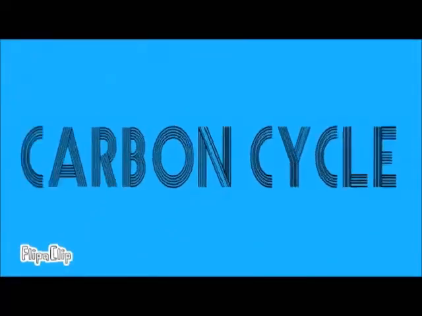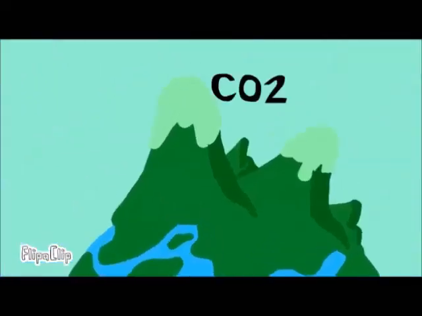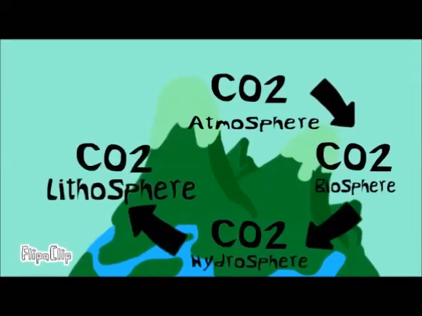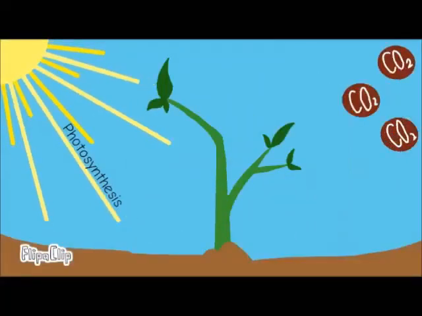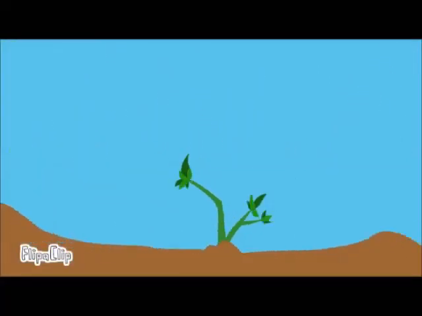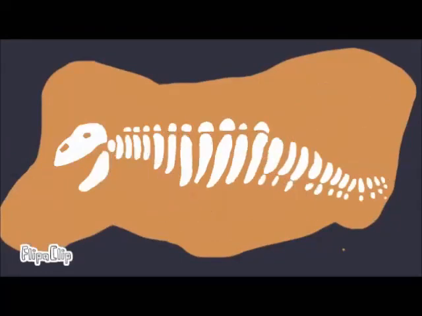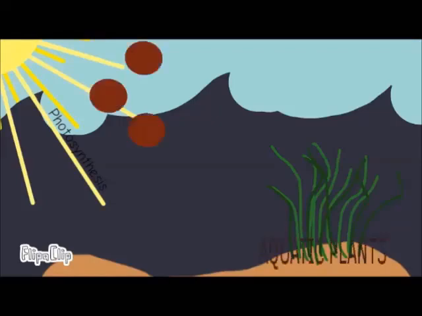The circulation of carbon from the atmosphere to the biosphere, hydrosphere, and lithosphere, and back to the atmosphere is known as the carbon cycle. From the atmosphere, carbon dioxide enters plants through photosynthesis. The carbon dioxide enters terrestrial organisms when they eat the plants. When these organisms die, they decay, and the carbon dioxide enters the soil. Carbon dioxide enters the water as carbonates, which are very helpful to aquatic plants.